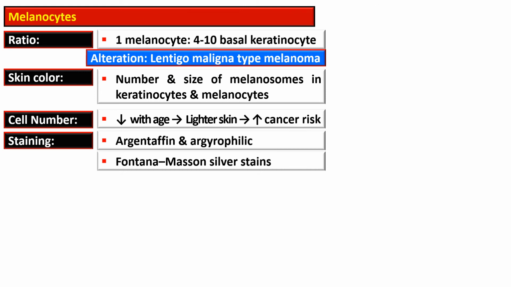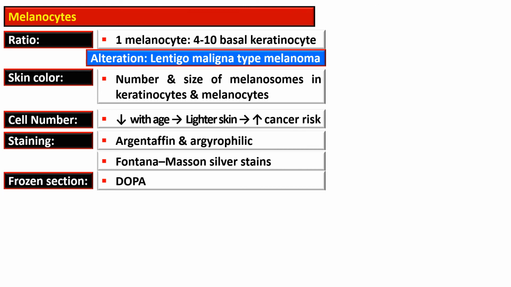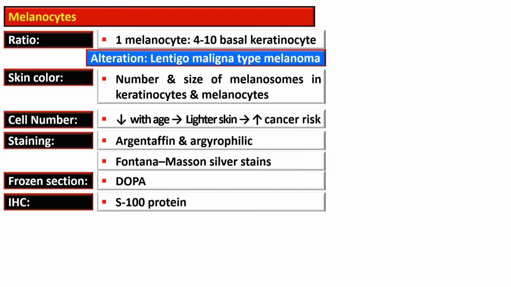So the stain that is used is Fontana-Masson silver stain, and in addition, the melanocytes and their dendritic processes are identified by DOPA reaction in the histological slide prepared through frozen section, and in the paraffin-embedded section, these are also identified by immunohistochemistry of